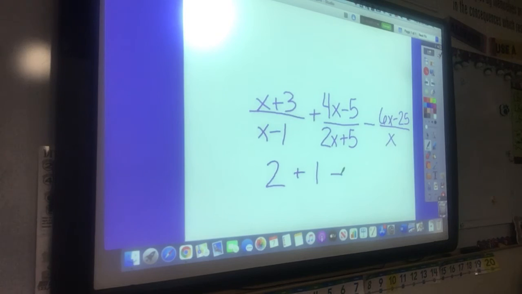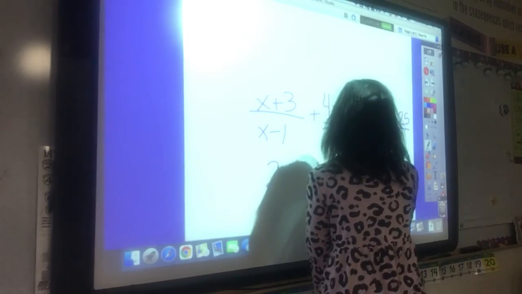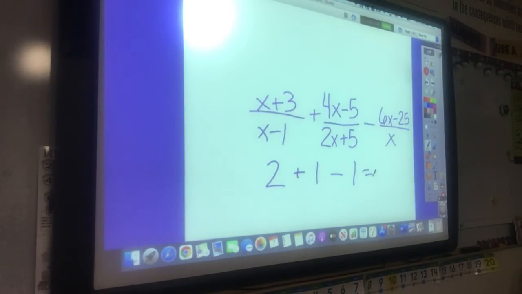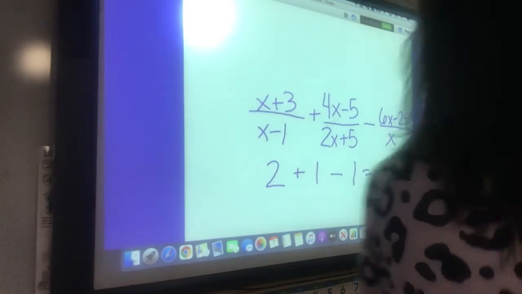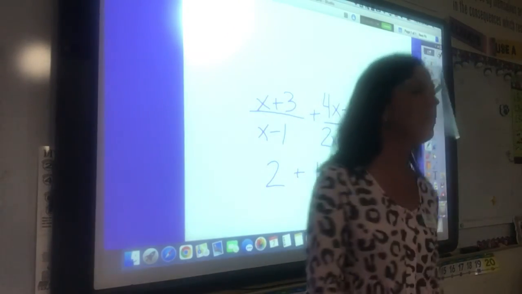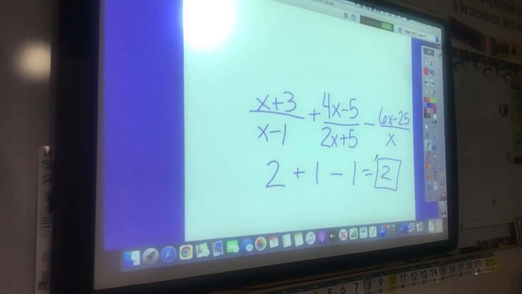And so what would we get for our last number? Caroline? 1. Then we just solve it from left to right. 2 plus 1 minus 1. Maddie? 2. Okay, so again, it's just being careful, being so careful. All right, we are gonna continue to practice this some more, but with a game. So if you will get with